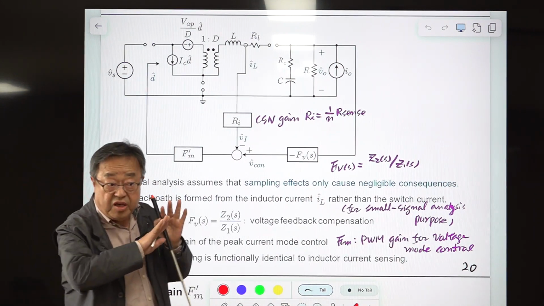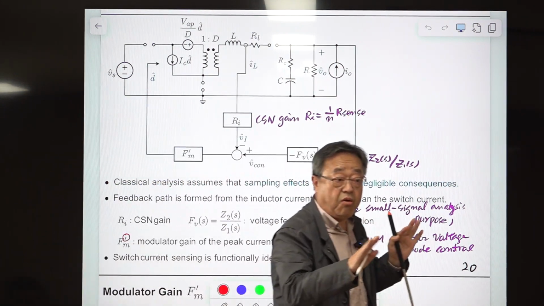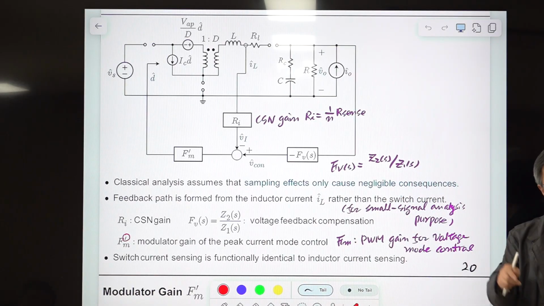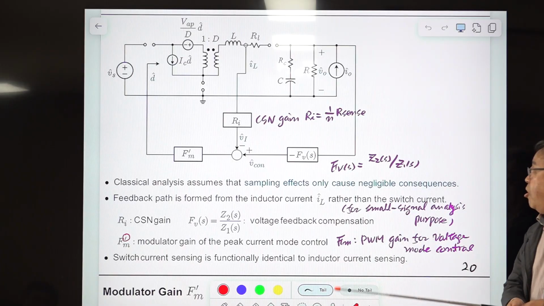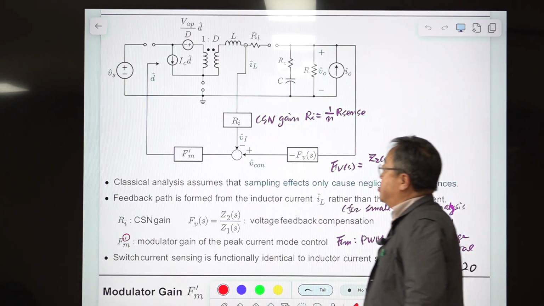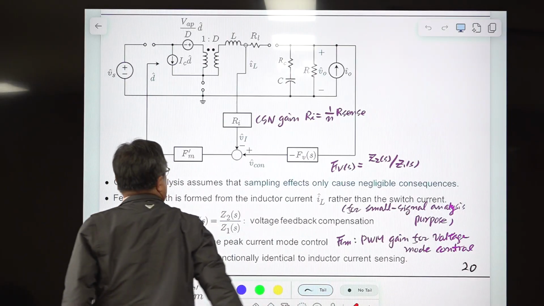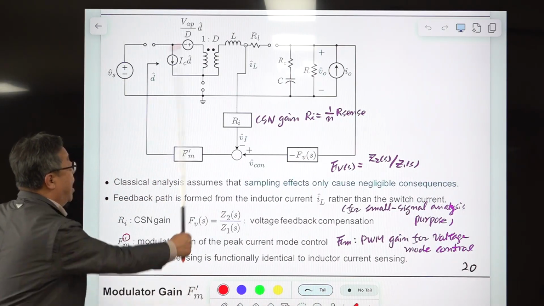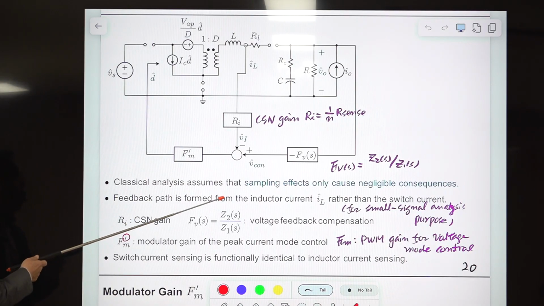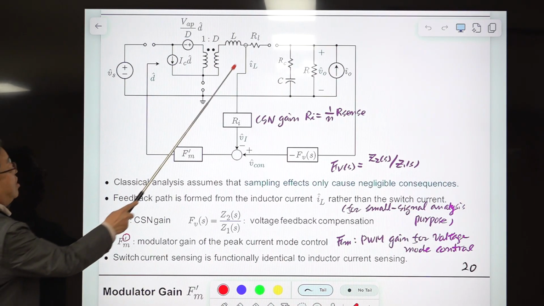You are not considering it, or you are not even mentioning it. Okay, just forget about the sampling effect of current mode control. Then you have the classical analysis and the design. Okay, so this is the classical model for the classical analysis and the design of current mode control for 3 different